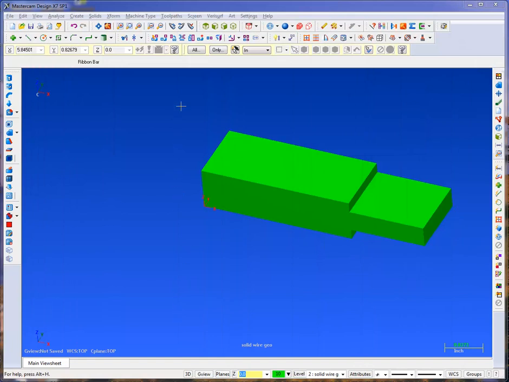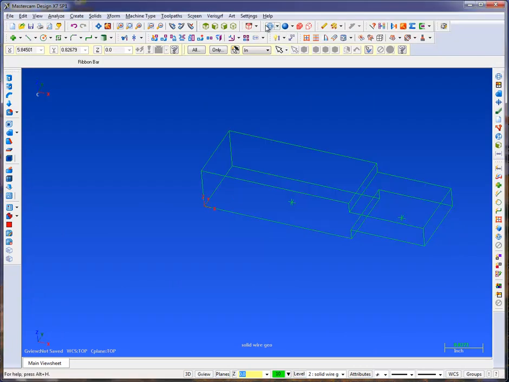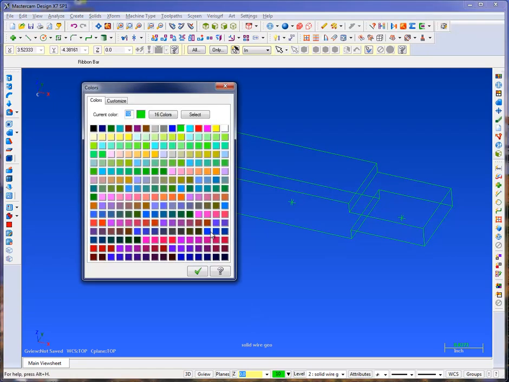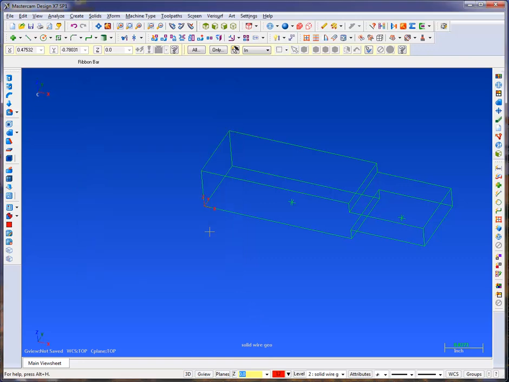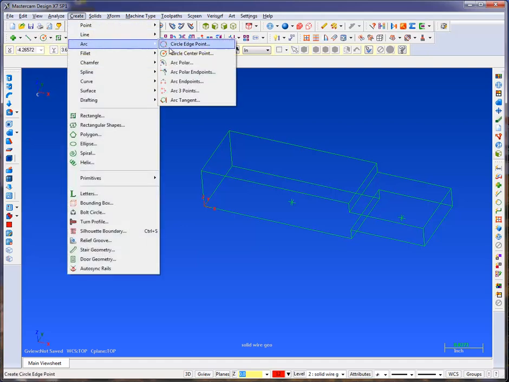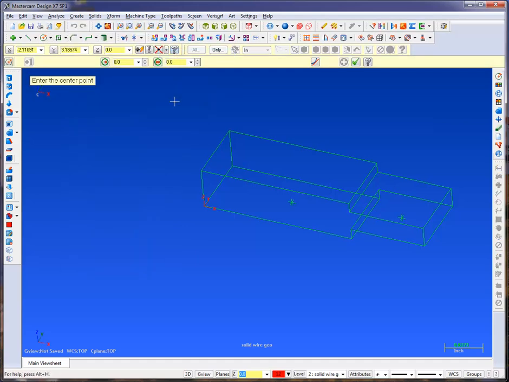So I'm going to unshade, and I'm going to change down here at the lower bottom. I'm going to left click and change my color to 12. Also, you can notice that level 2 is set, so anything that I draw from here out will be on that level. Okay, so what I'm going to do is use the option for create arc circle center point,